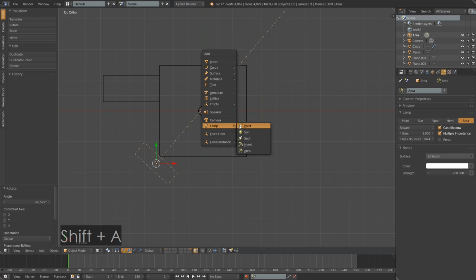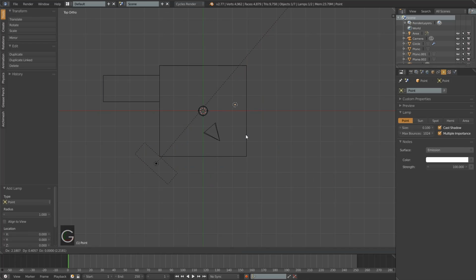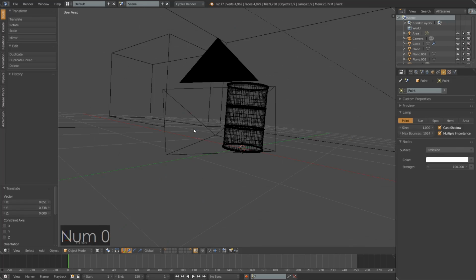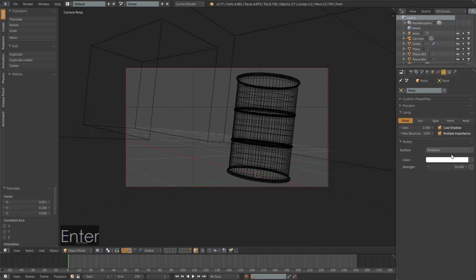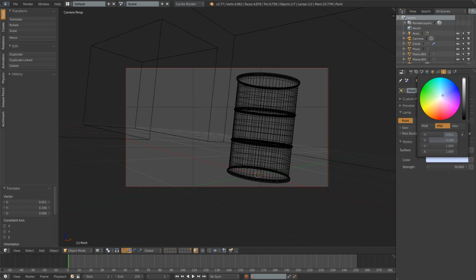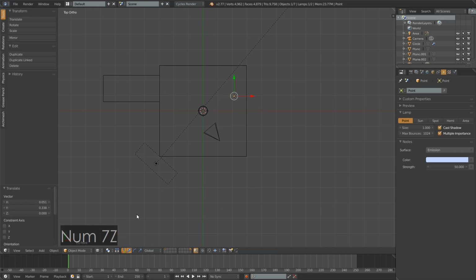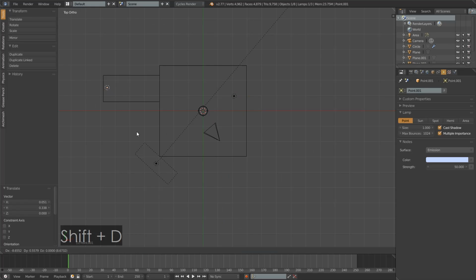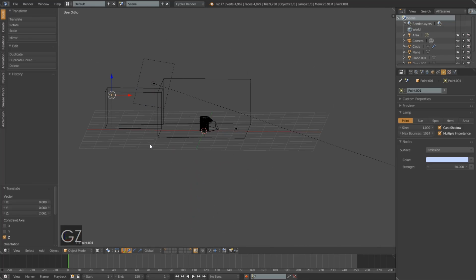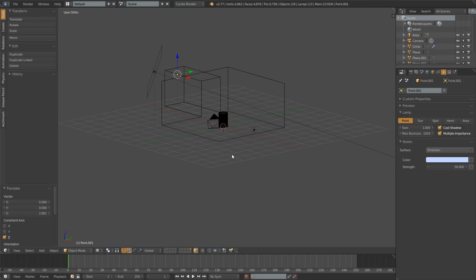Now we'll add in a point light, which will put a bit off the scene, maybe here. Yeah, about there. And we'll set this to have a size of 1, so quite soft, at least for a point light. And we'll set the energy to be 50, and we're going to give it a slight blue colour, mostly just to look interesting on the reflections. Yep, that looks good. And then we'll duplicate that one and put it kind of there, down that corridor,